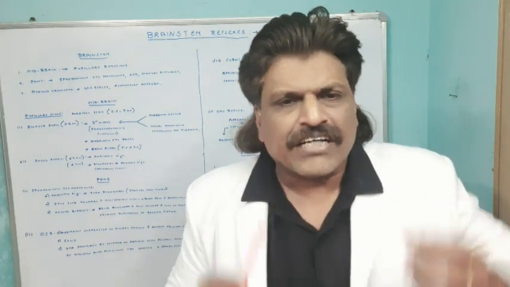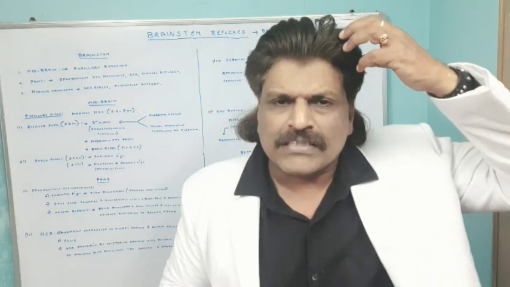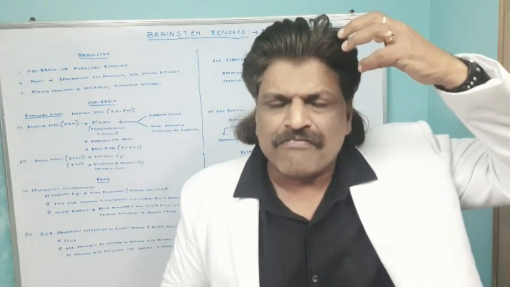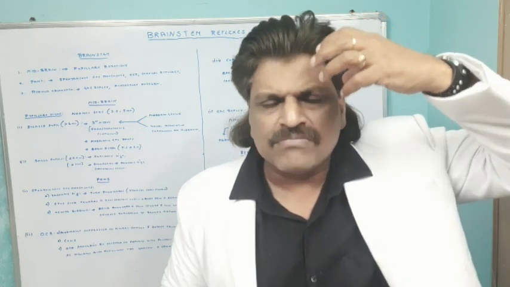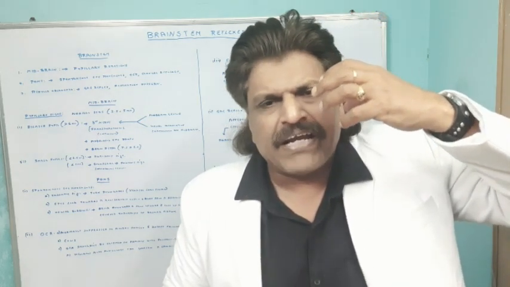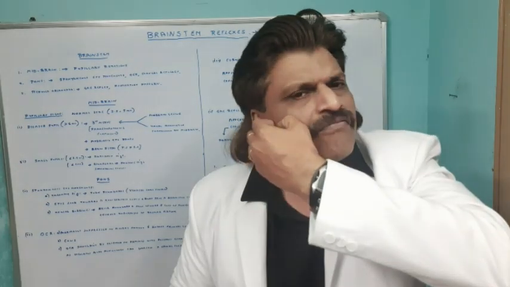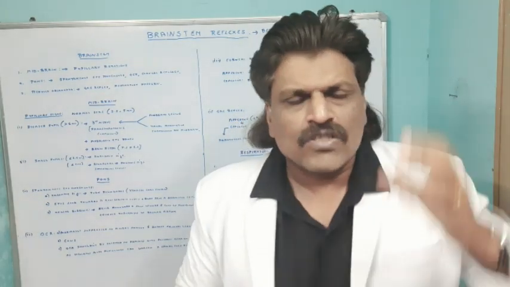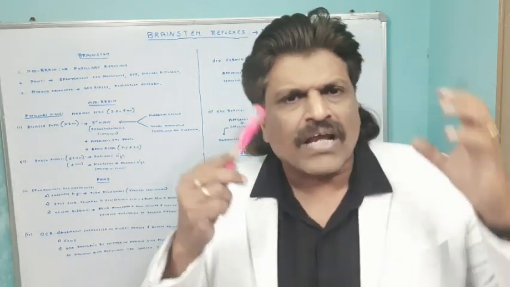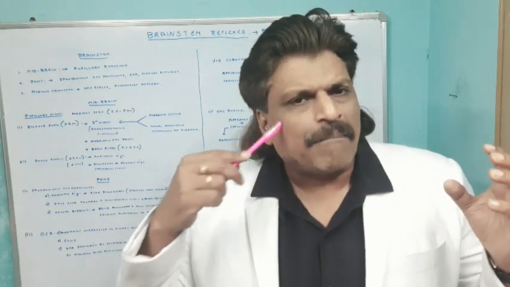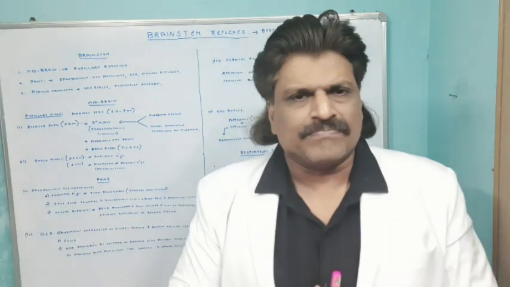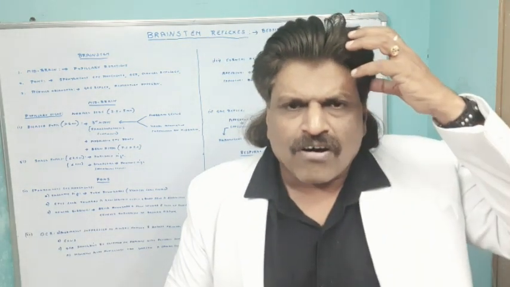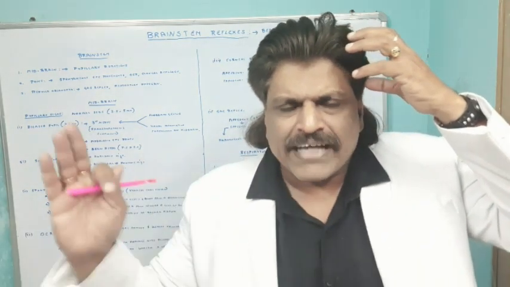This is initiated by the frontal eye fields on the opposite side. For example, left frontal eye fields, area number 8. So the left frontal eye fields, area number 8, descend between the midbrain and pons and go to the PPRF on the opposite side. So when the left frontal cortex or the right pons is stimulated, the PPRF on the right side is stimulated, so eyes will be pulled towards the right side. So when the left frontal cortex is stimulated, the eyes should move to the right side.